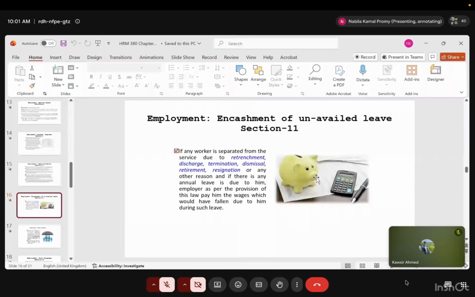So এখানে বলা আছে if any worker is separated from the service due to retrenchment, discharge, termination, excuse me, একটা মিনিট একটু সময় দিবেন আমাকে।